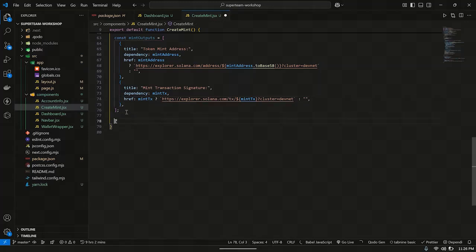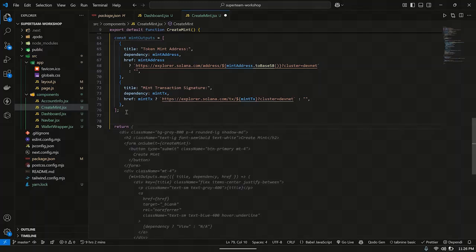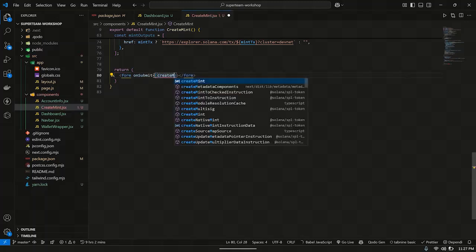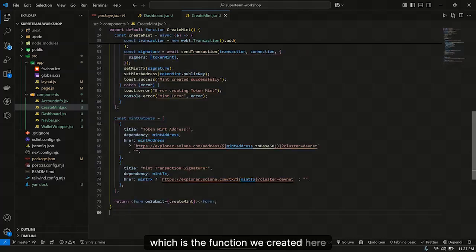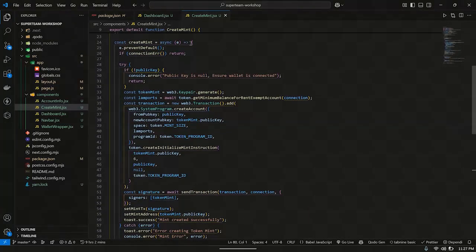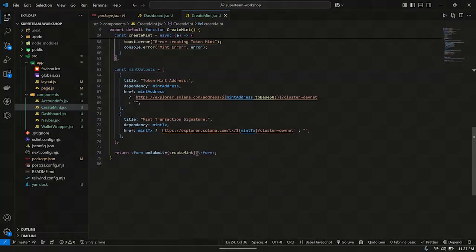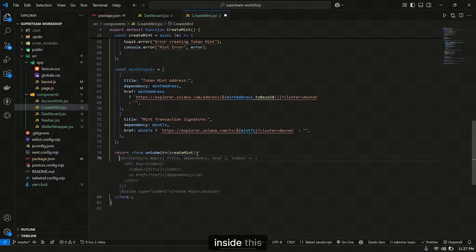So now let's work on the UI. We'll be working with the form. Inside the form there will be an onSubmit, createMint, which is the function we created here that does all this. This createMint is the function that we call when we submit this form. Inside this, okay, let's